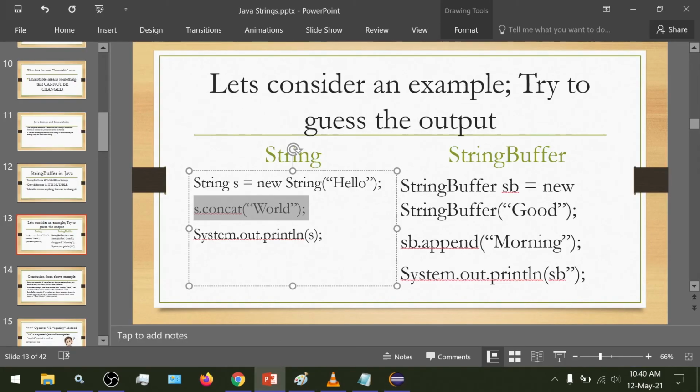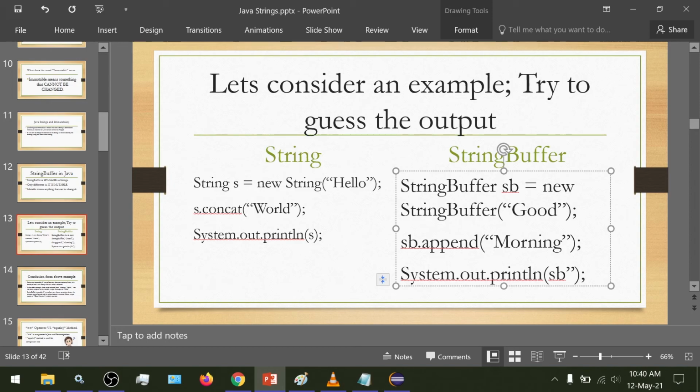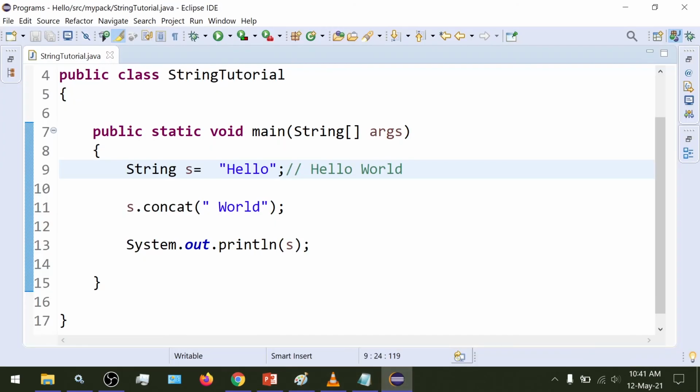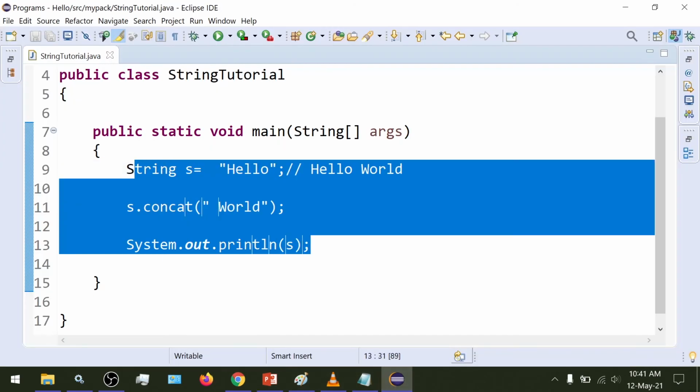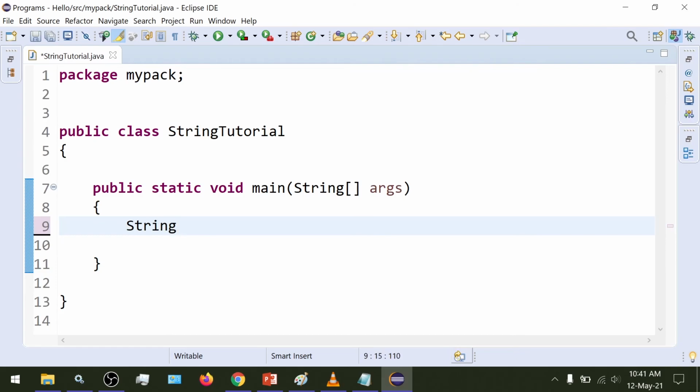Now considering the second example, we have the string buffer. So let's try and run this code.